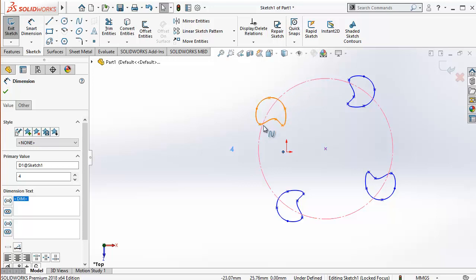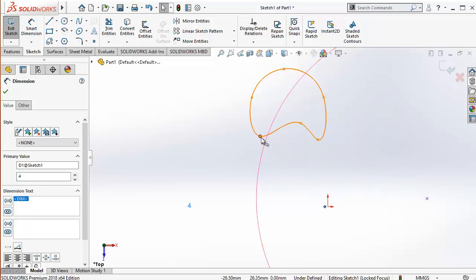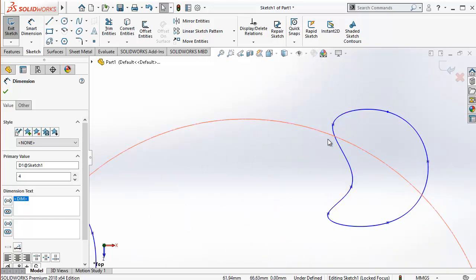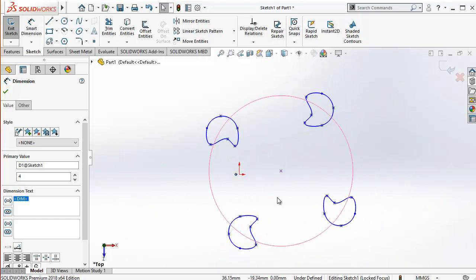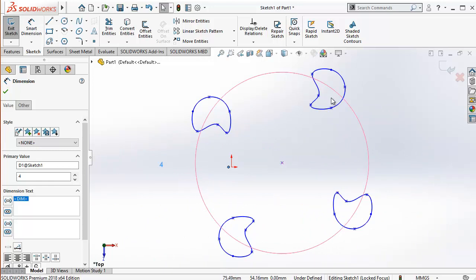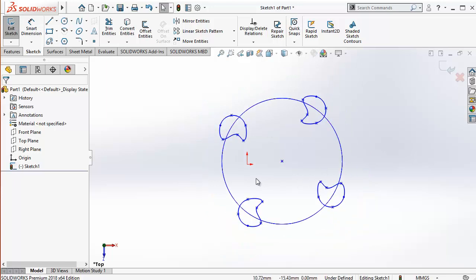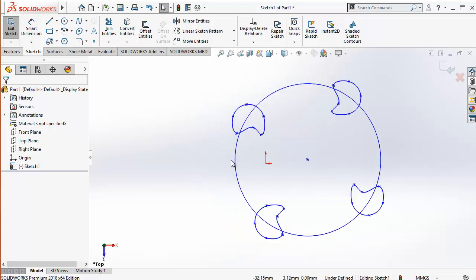For example, if this face is here on the circle, then same way this face will be here on the circle. If you just rotate the circle and move this second one to the position of the first one, it will be just mimicking it. So these are the 4 instances,